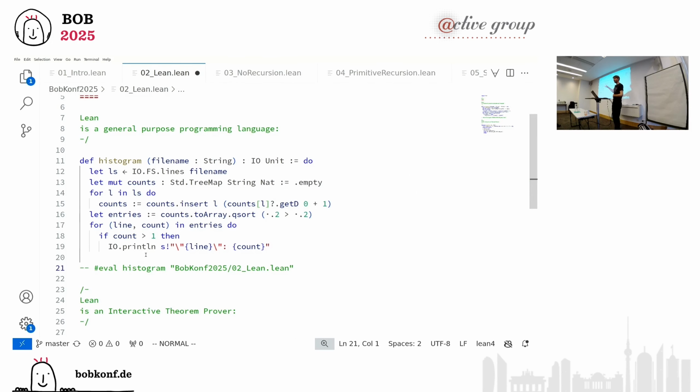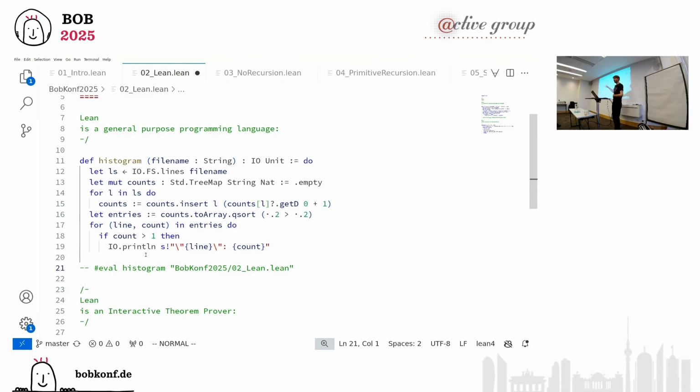Because Lean is also a theorem prover. So you can write mathematical propositions there, and you can prove them. And here's a simple one. It's Euler's formula for the sum of the first n numbers. I made it easier by reversing this list of numbers before I sum it up, for reasons. I will not go into much detail here, but we can prove that the sum of the first n numbers is n times (n plus 1) divided by 2. And as you would expect, the proof goes by induction.